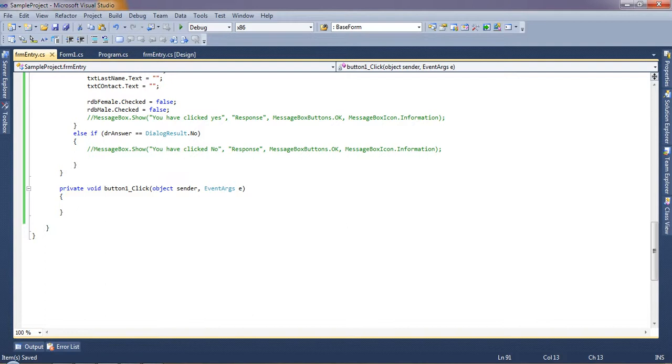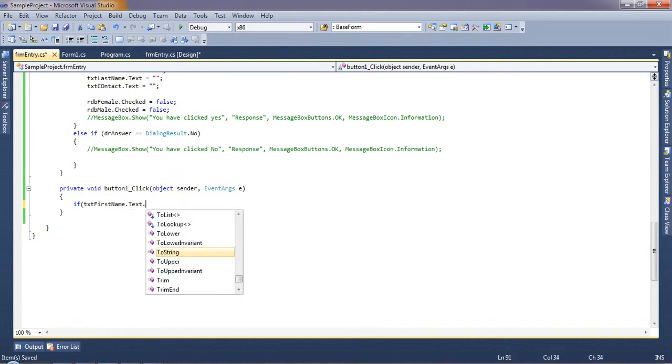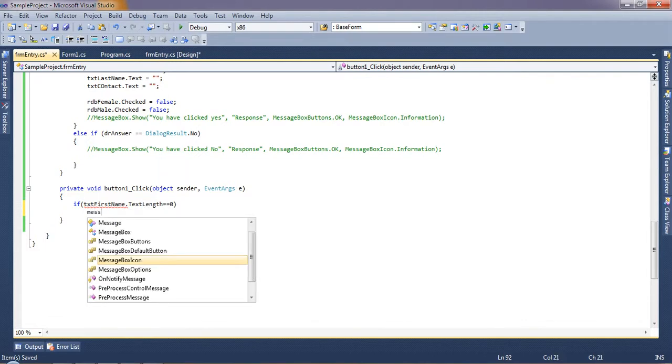So the event is generated. Now I will write: if txt first name dot text dot length, or we can write text length, double equal to 0, then message.